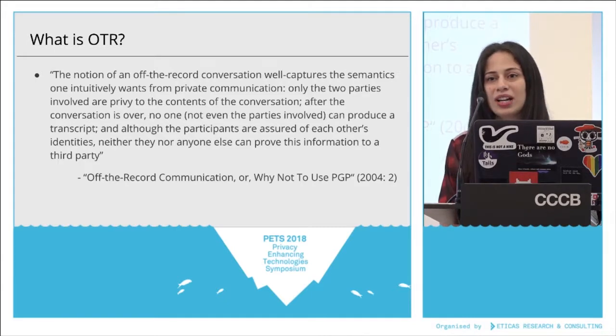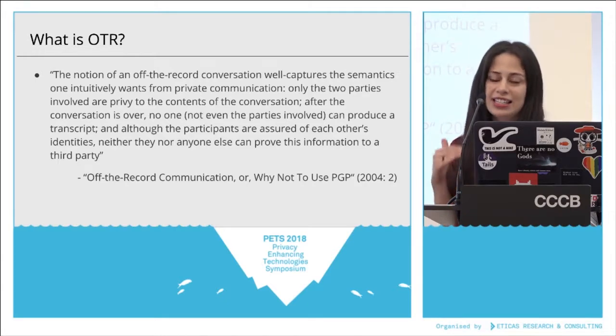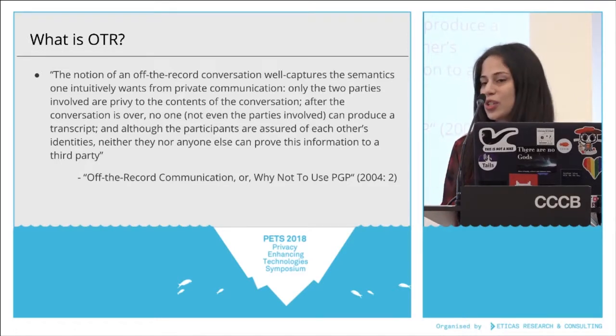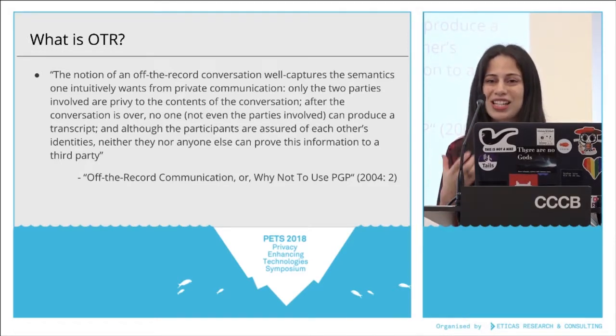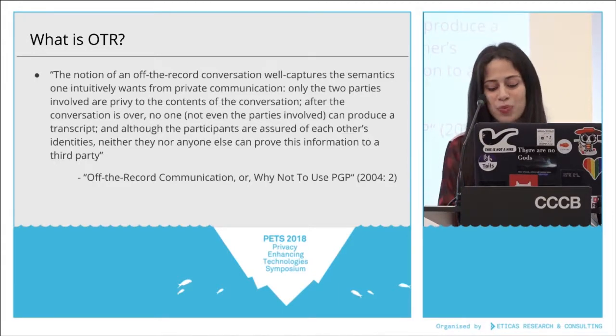And the journalist will go ahead and say, yes, we will keep this off the record. And when they publish the story, there's no link that says that I, as the source of information, actually was the person who leaked this information. And this property is often defined as deniability, because I can deny having actually said that information. And we wanted to also have this in the digital world.